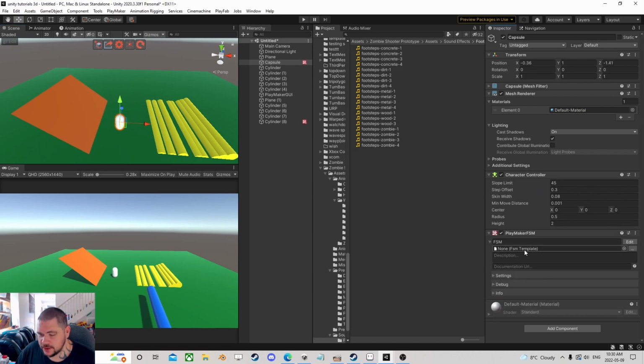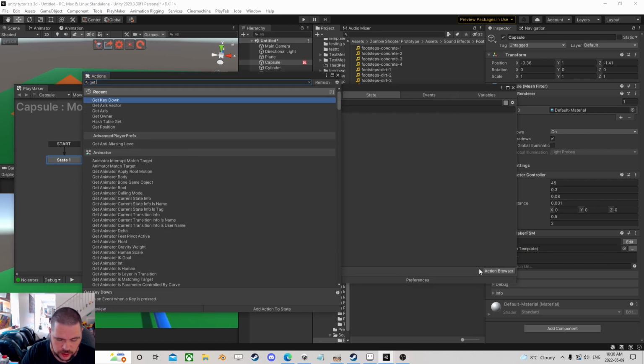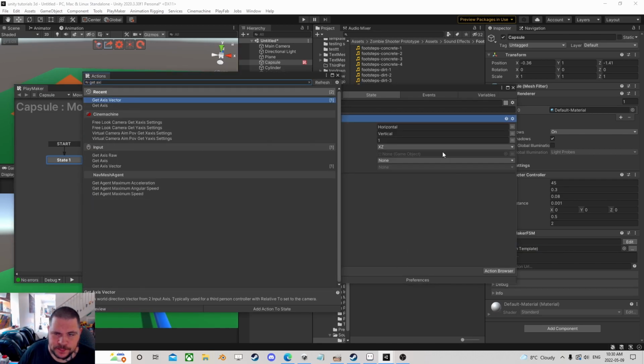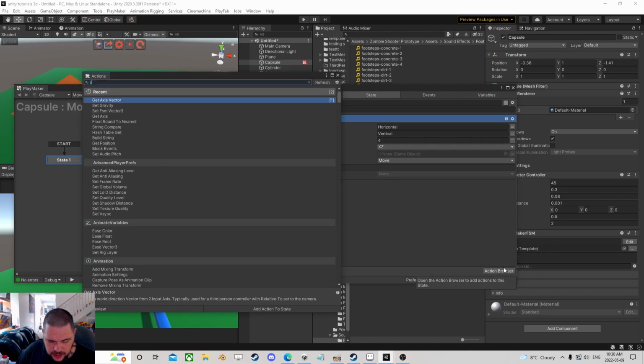And we can add an FSM, and we'll call it movement. I'm going to use get axis vector because I like this input system. We'll give it a little bit more speed. I'm not going to do relative to. I'm just going to keep the camera stable. And I'm going to make a variable called move, and it's a vector. Now, if I did simple move,